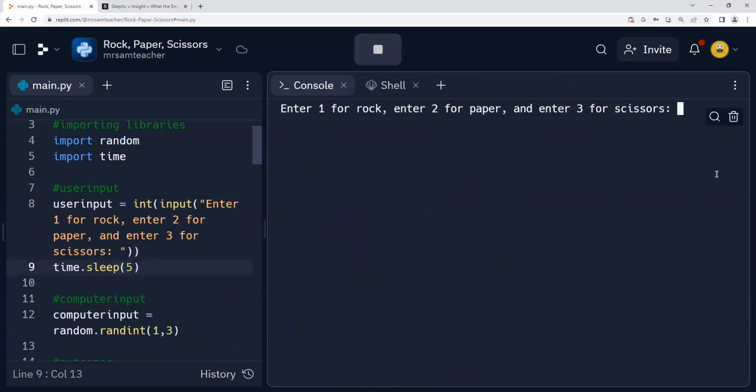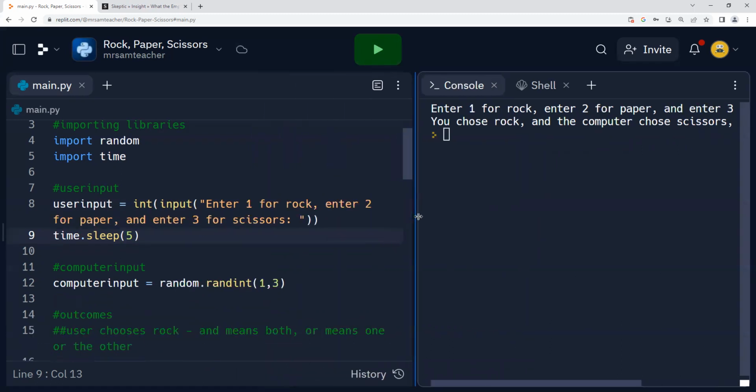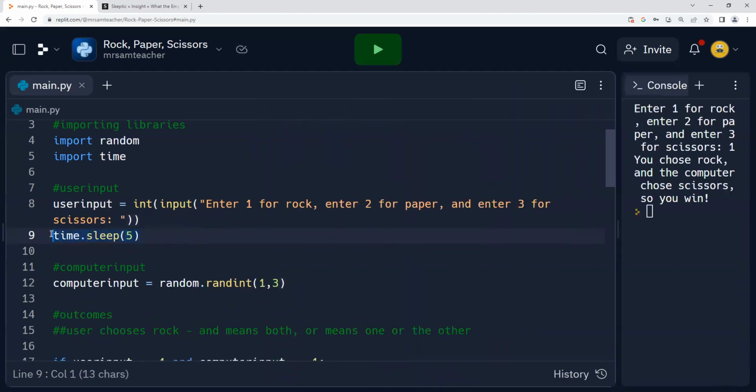So we're going to go ahead and enter, let's say I enter 1 for rock. Let's count 1, 2, 3, 4, 5, and then boom, it shows. Sorry, I counted a little too fast, but in a perfect world, in perfect seconds, that's when it will appear. One thing to make it a little bit more dramatic, you can go ahead and do something like this.